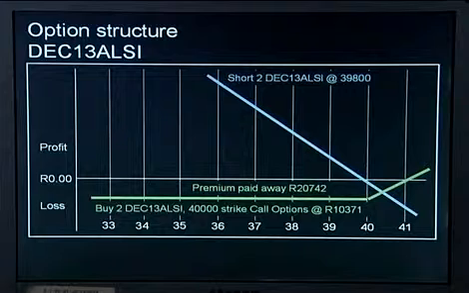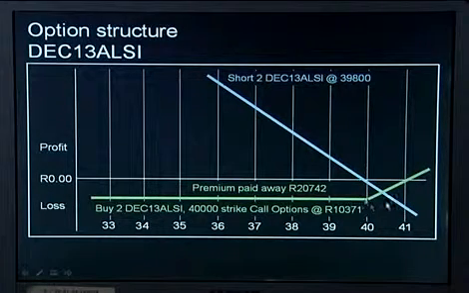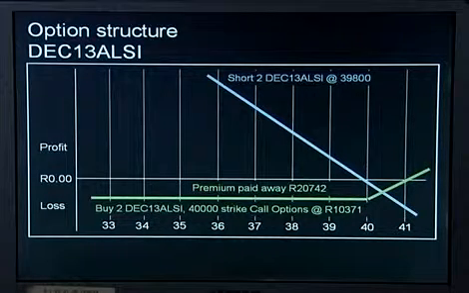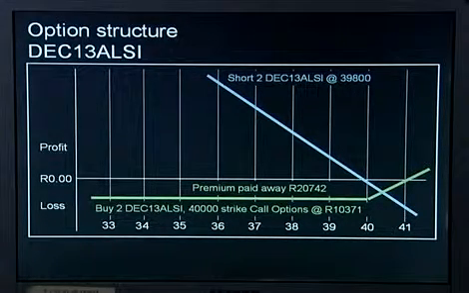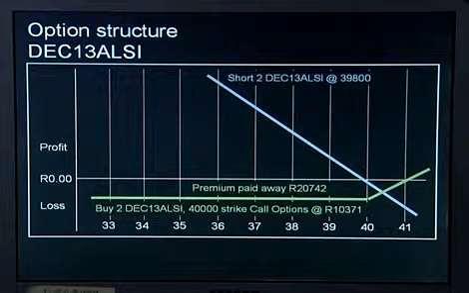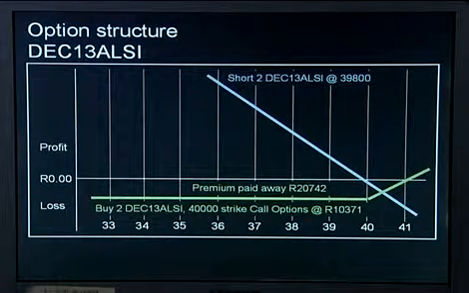And by virtue of the fact that I've paid away all that premium, the market would effectively need to get back up to above 41,000 before I've overcome that premium pay away in order for this call option to start making some profits for me. So what I'm trying to say here is that that's quite expensive for me to pay that amount of premium for this option structure. So what I then want to do is the third leg of this trade, which is